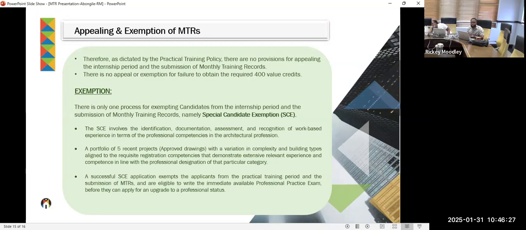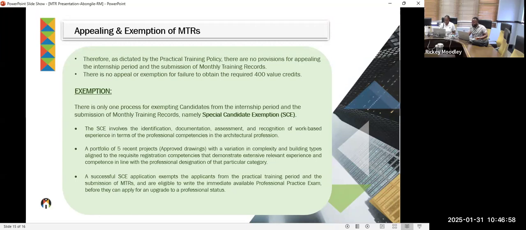And it's important to take note that these are projects that must have been approved by the municipality or by the authority in that particular country. Therefore, you submit these plans, this portfolio that consists of these projects. What is also important to take note of is, I think it's line number 2 there. Line number 2 on point 2, it says,